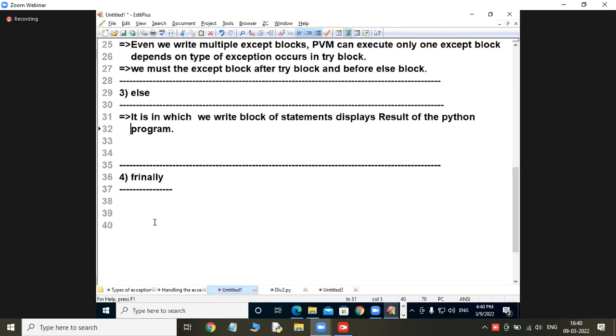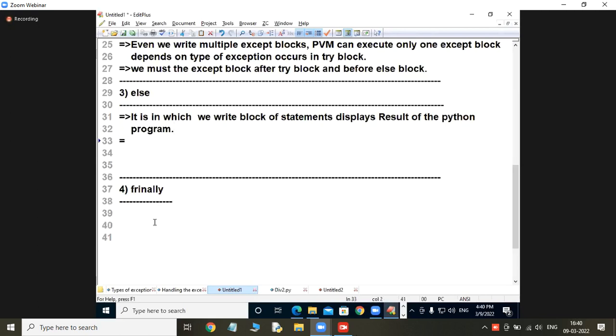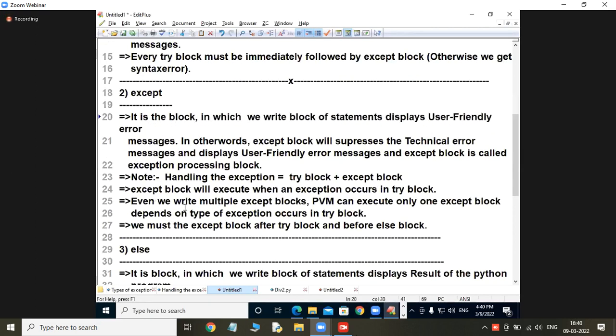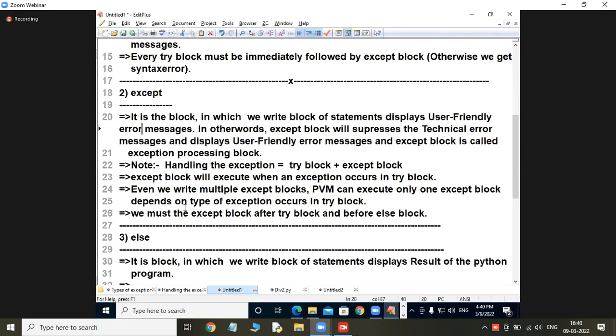So see students, very carefully, try to understand. It is the block in which we write a block of statements generating which messages?